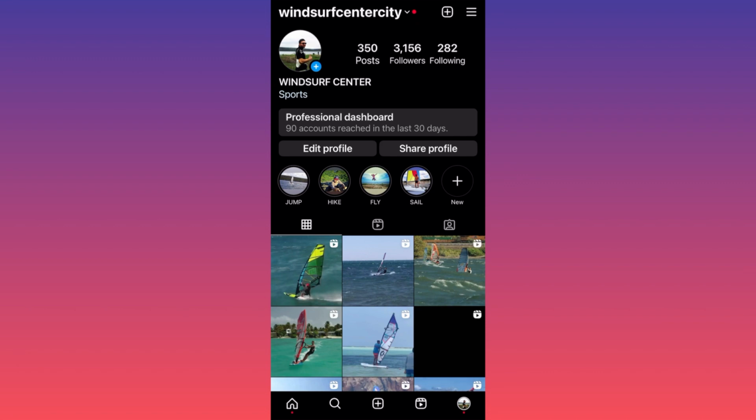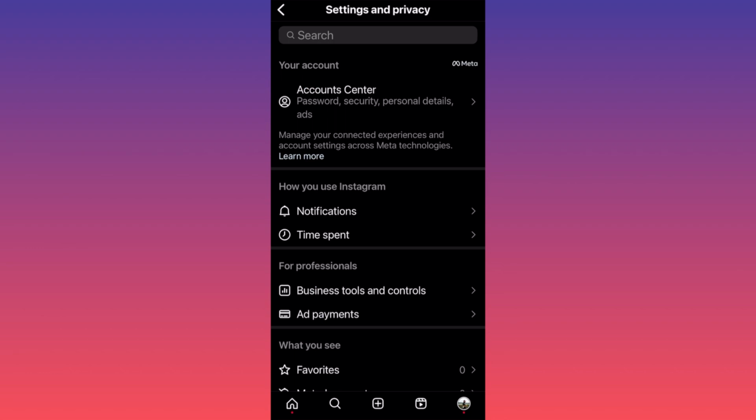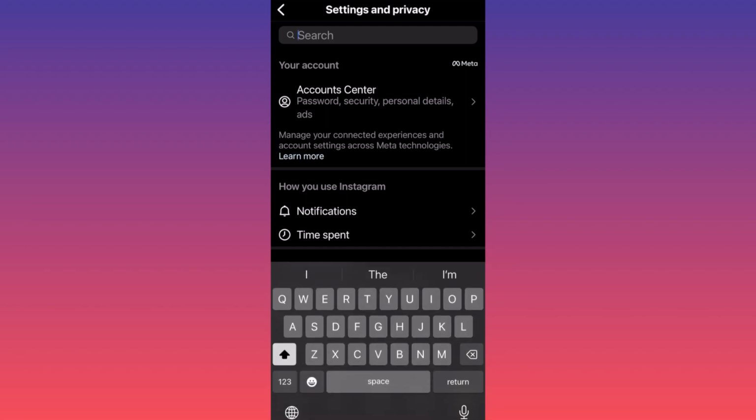Then you want to click on the top right corner where you see the three straight lines. Then you want to click on the settings and privacy icon. And then simply you want to go over here and you want to click on search